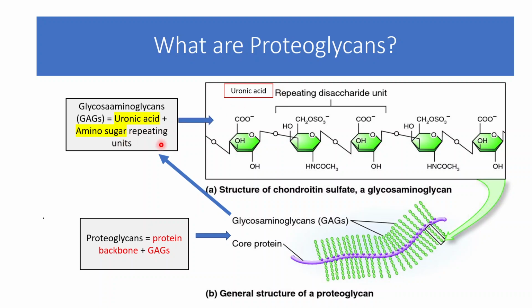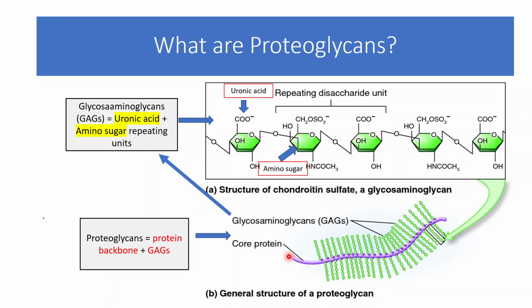This is the uronic acid and this is the amino sugar. The amino group is over here, so this is the amino sugar. So we have a repeating unit of uronic acid, amino sugar, uronic acid, amino sugar, and so forth. This is known as glycosaminoglycan, and these glycosaminoglycans are attached to this protein backbone,